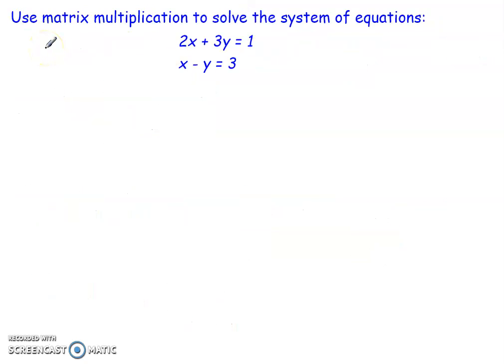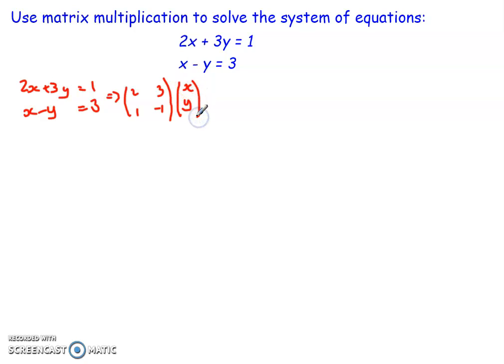The last one, use matrix multiplication to solve the system of equations given here. Well, first thing to do is set the system of equations up in matrices. So I know 2x plus 3y and x minus y being equal to 1 and being equal to 3, I can set that up such that I've got a matrix given by 2, 3, 1, -1. And if I set the x and y up as a column matrix, x and y, if I was to use